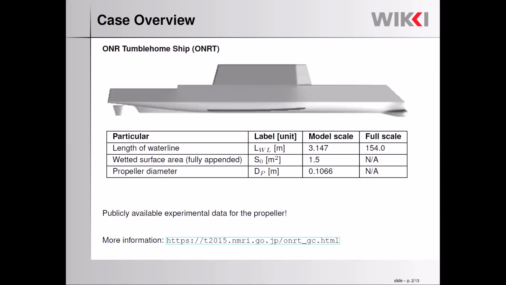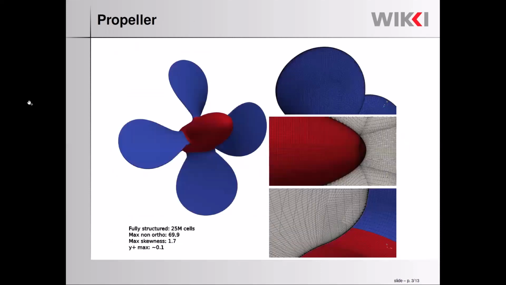So if you want to redo the test, you are more than welcome to, and you have access to all the resources. When it comes to the propeller and the meshing, this was probably the most painful task in this study, because I did everything in Pointwise, everything manually, and it took me a couple of days to do that. But in the end, we have a quite good mesh which is fully structured. It has 25 million cells, which is probably an overkill for this